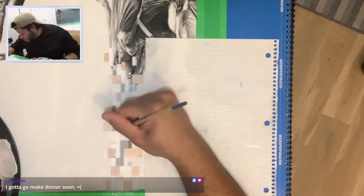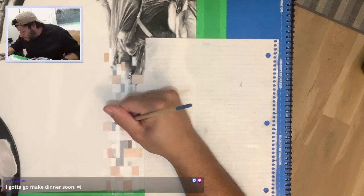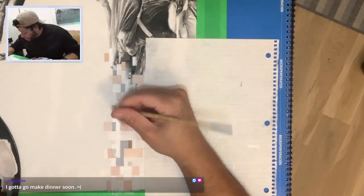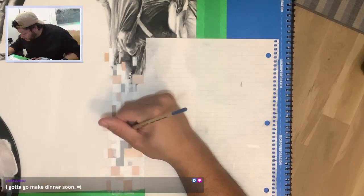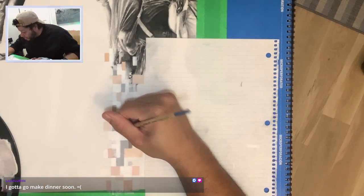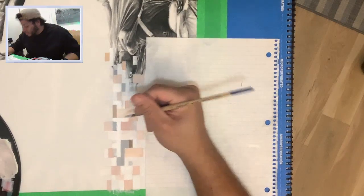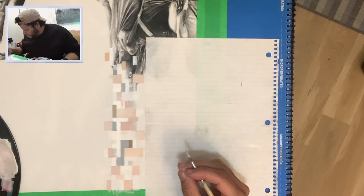Paint is all stiff. I feel like it's still usable, it's still pliable, but it must have dried more than I thought. That's okay, because we're gonna paint over that anyway. More white. What I could actually do is